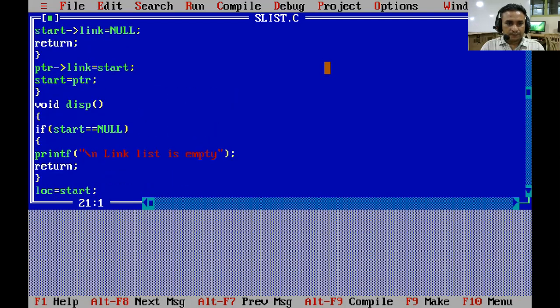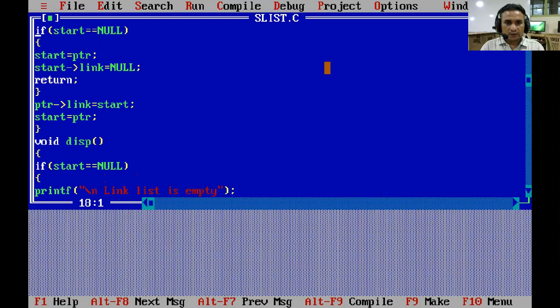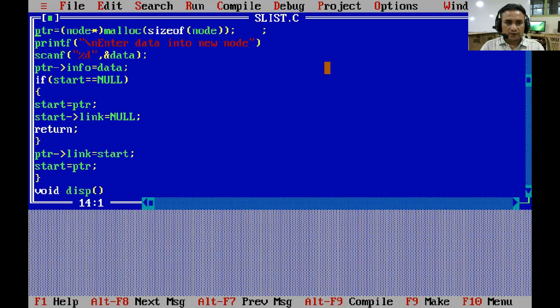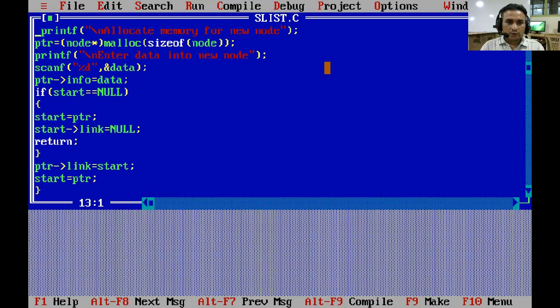Just wait, we are just checking what is going on. Enter data.